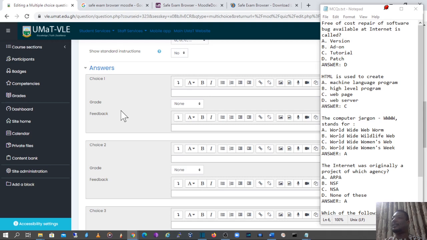Now it says for the answers, there are by default 5 different choices that the students can choose from. But from our question, we have just 4. So we will just fill out the 4 possible answers to this question. So the first one is version. I'll copy version and I'll paste it here as the first choice. The second one is add-on. So I'll copy add-on as the second choice